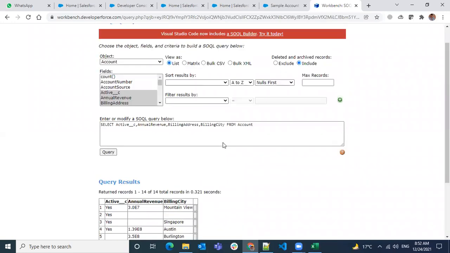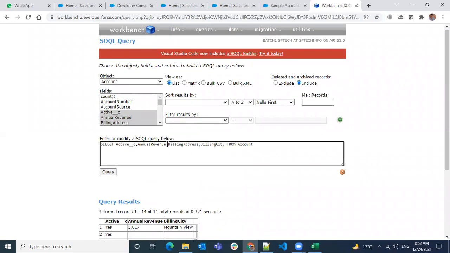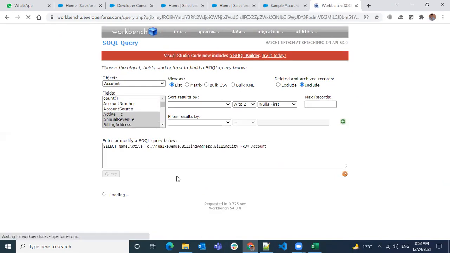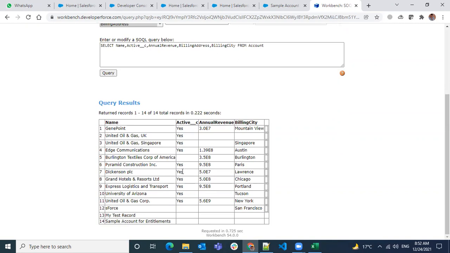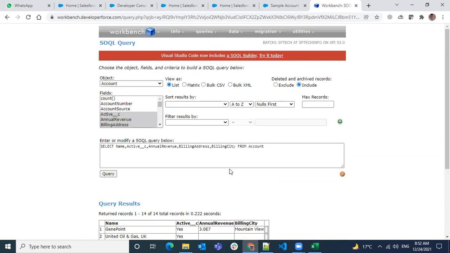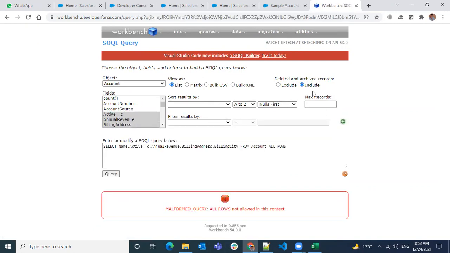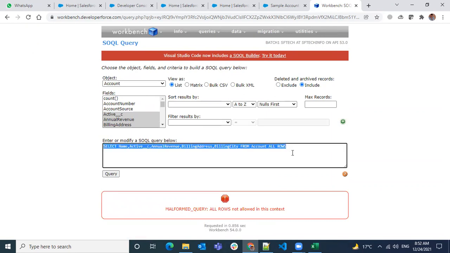If you remember, I have deleted some accounts, right? We created some and deleted some. If you want to know which accounts are coming from the recycle bin, what we can use here is ALL ROWS. So here also we have a feature to exclude or include.